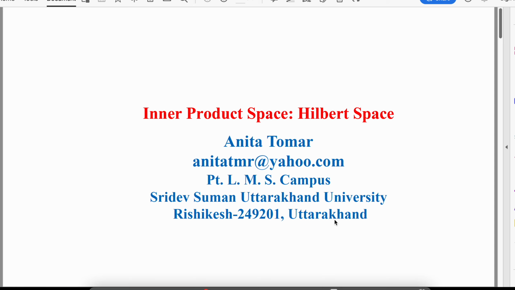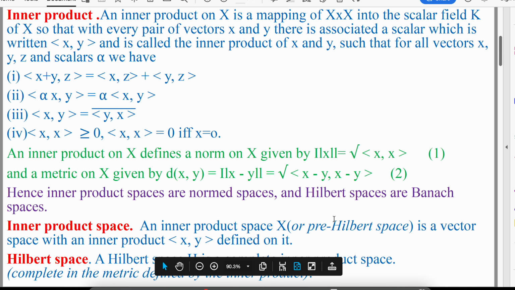Good morning. Today we will study some basic concepts of inner product space and Hilbert space. So what is inner product? An inner product on X is a mapping of Cartesian product of X with X into a scalar field K